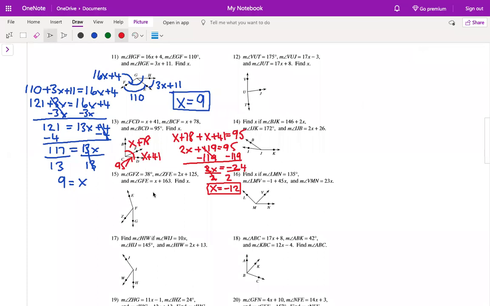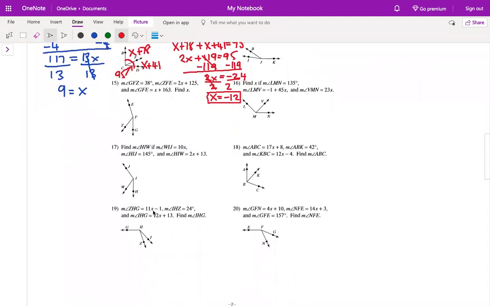Right, number 15 is very similar, so I think you can have a go with that one. Label it and see if you can set up the equation. The two smaller angles add up to be the same as the measure of the big one, and then solve for x. So let's take a look at number